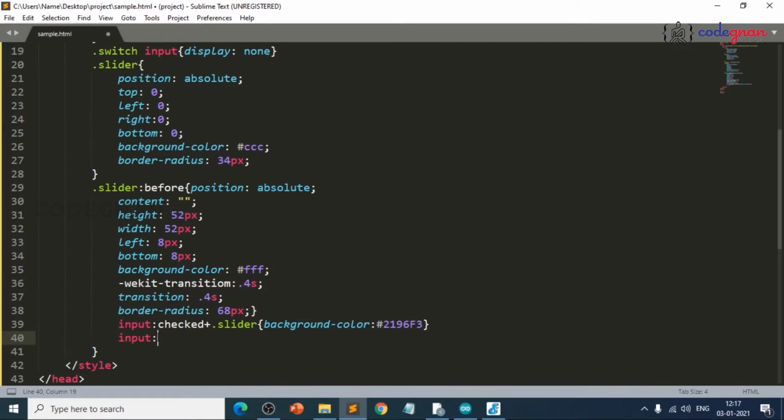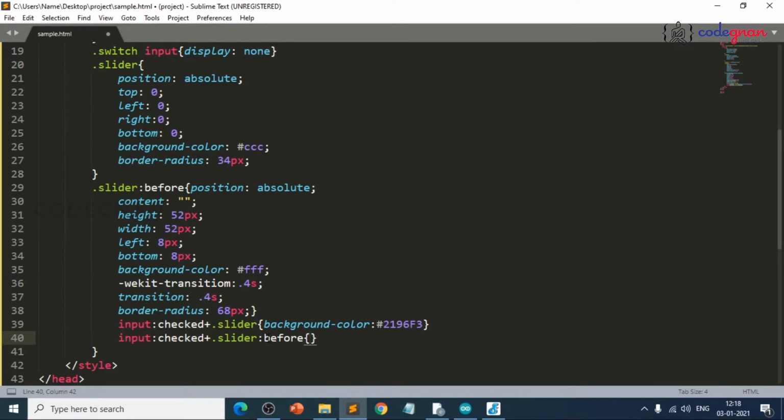We are taking input here, so checked plus dot slider of background color. We have written this input display, right? For that we have written this line of code, and now for this we are writing this here, slider before.